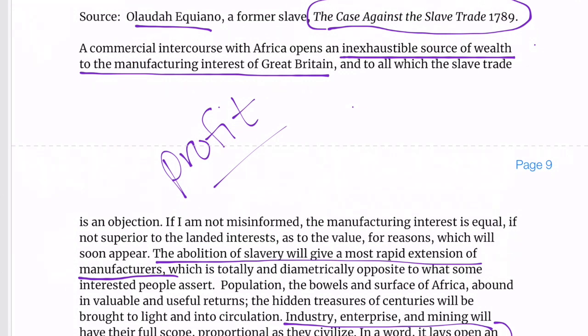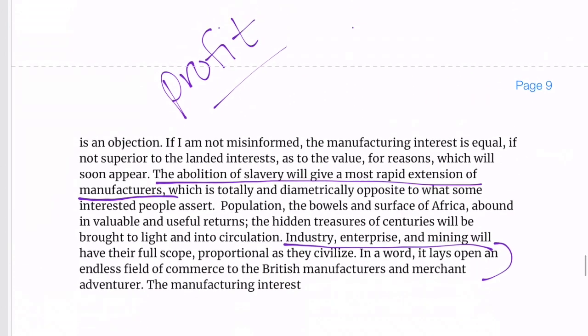So I'm sure he would not support what actually happened with imperialism and how horrible the Africans were treated, because he himself is a former slave. But he's trying to make a case for, hey, if you end the slave trade and start working with the Africans, you can make an economic profit. And so this would probably support the fact that England will eventually abolish slavery because they want to go in and take the resources, right? They're not necessarily working alongside the Africans to make it better. They're exploiting them, which is not the case that Aquino would have wanted, but they've ended the slave trade, which is what he's trying to get them to do here.